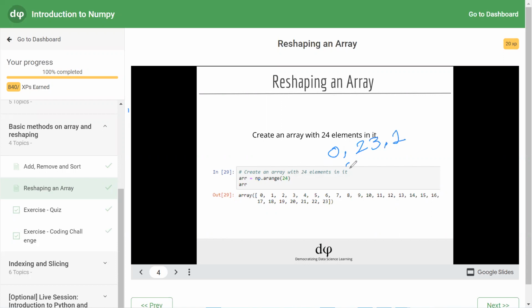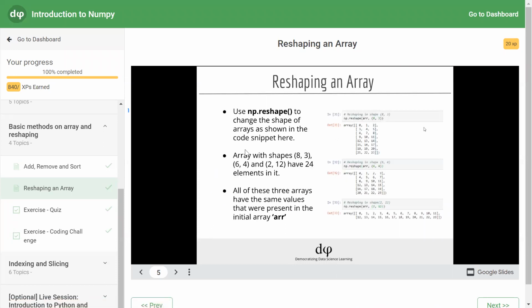So it will generate the elements 0, 1, 2 till 23. Those elements will be converted into a NumPy array and stored in the ARR variable. Here the ARR variable is directly printed on the screen. So you have a NumPy array containing 24 elements, 0 to 23, and it is a one-dimensional NumPy array. Now, you are using the np.reshape function.